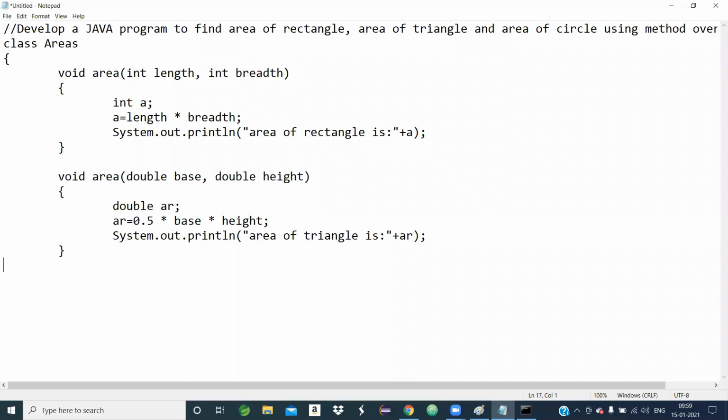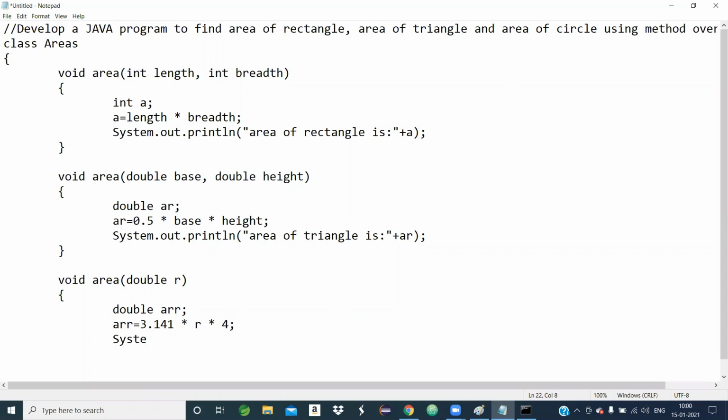Now I will go to the next task, area of a circle. I will define the same method name, area. The area of a circle is pi r square. So r, or radius, is the input. So one input, let double r. Now I will write an output variable, let arr equals 3.141 into r into r, pi r square.